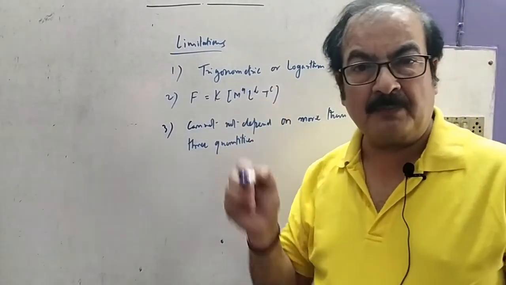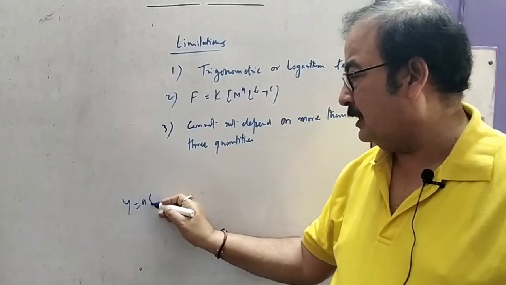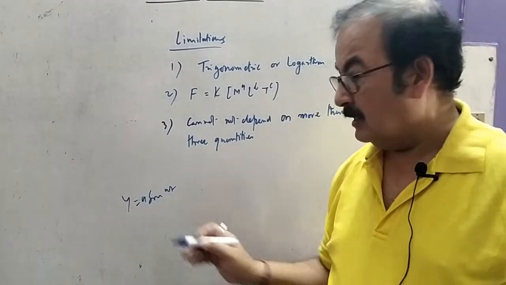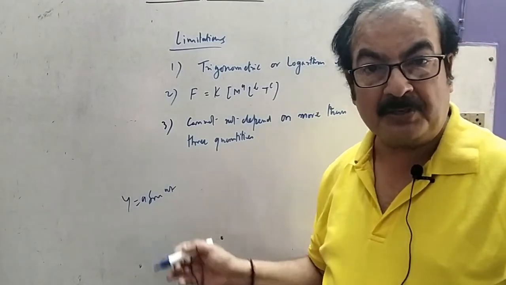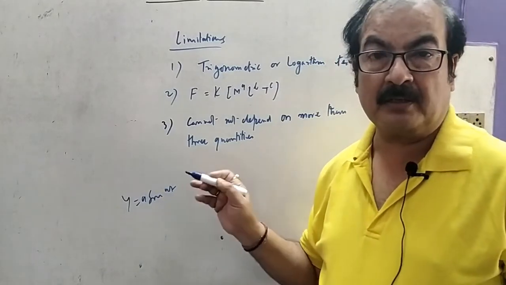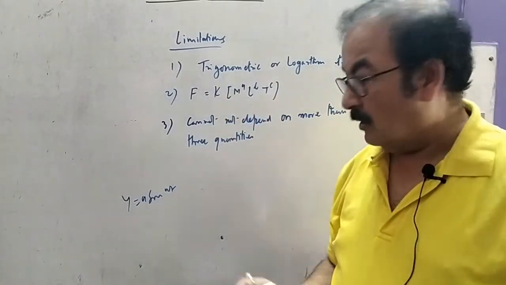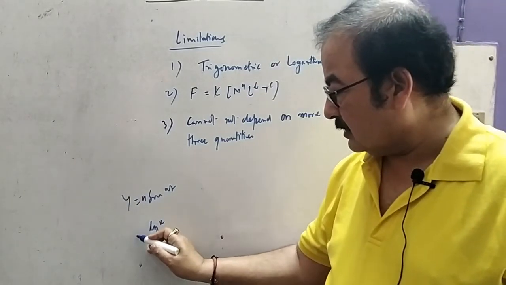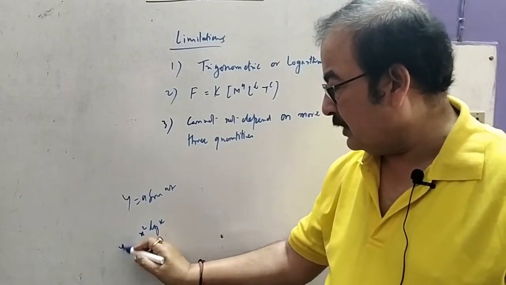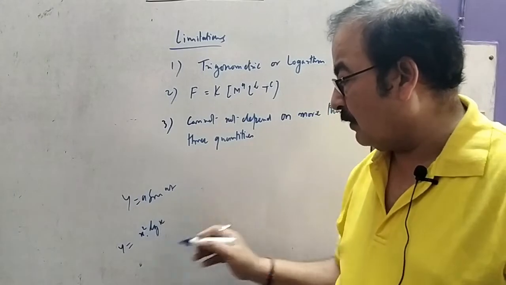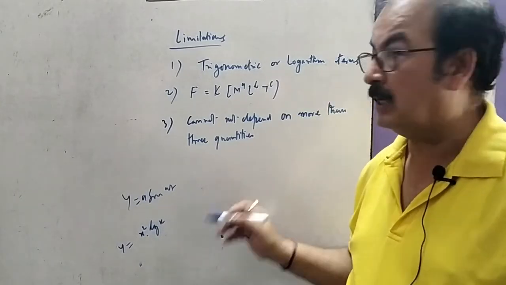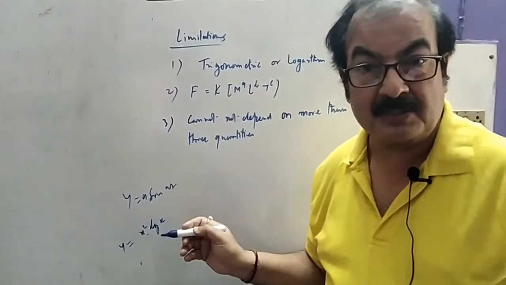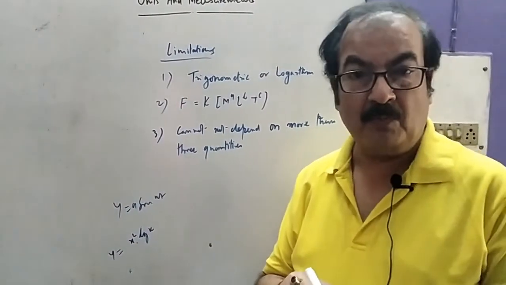Number 3, no trigonometric function. Suppose we write y equal to a sine omega t. This is our equation, where y is displacement and a is amplitude. This sine omega t term cannot be explained by the dimensional method. Or if we write anything where some log x is there, some function like y equal to x square into log x, this type of expression cannot be solved by means of the dimensional formula. Therefore, these are the limitations, or drawbacks, of the dimensional formula.